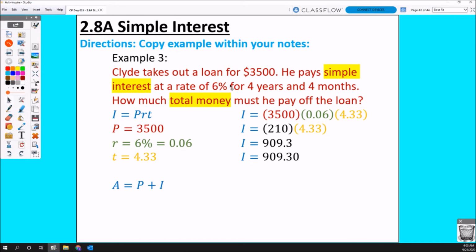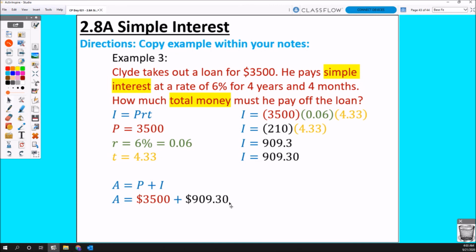So if you were given this exact question or this type of question from the very beginning, you still have to calculate all this. You still have to do all this work to determine the interest amount. So once you finish determining the interest amount, then to find total money, you would just use the formula A equals P plus I. So you just have to fill in the value of P and I. So again, P is the principal amount you invested from the very beginning, which is $3,500. So again, since we're dealing with money, it's $3,500. And then once you determine the interest, you put it in I, which is